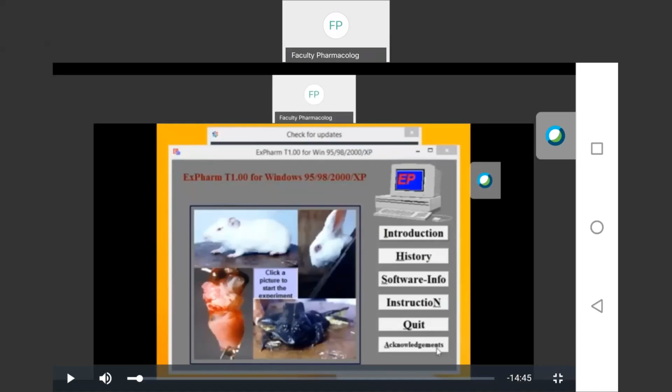Then drugs like mydriotic and meiotic drugs, for example atropine, phenylephrine, physostigmine, pilocarpine, with normal saline as a control. For the apparatus, we need a rabbit holder, droppers, measuring scale, torch, cotton wool, and a calculator as optional.